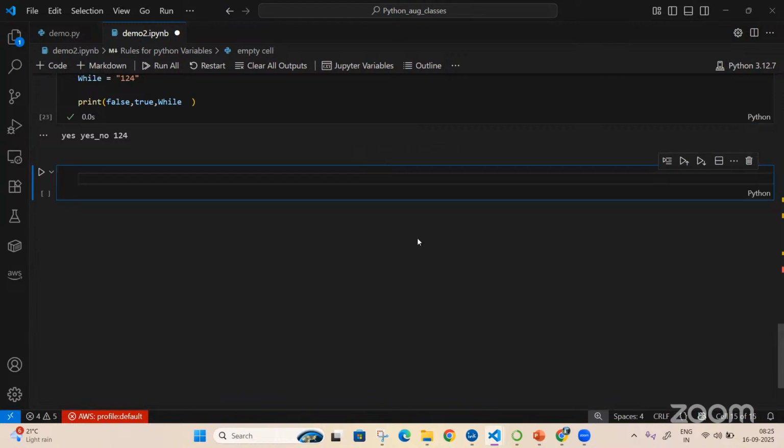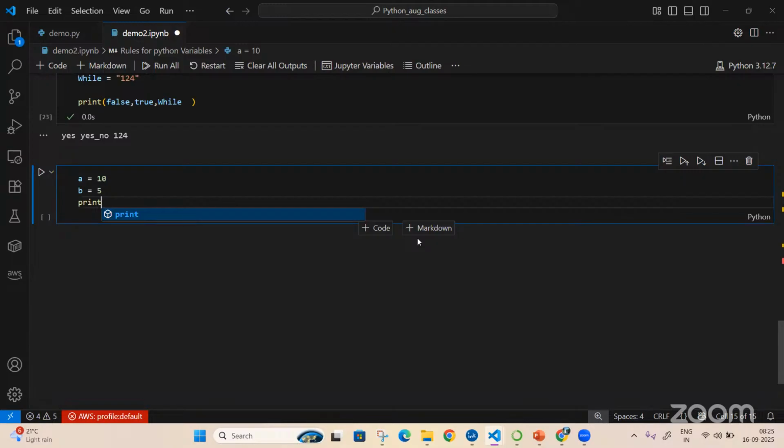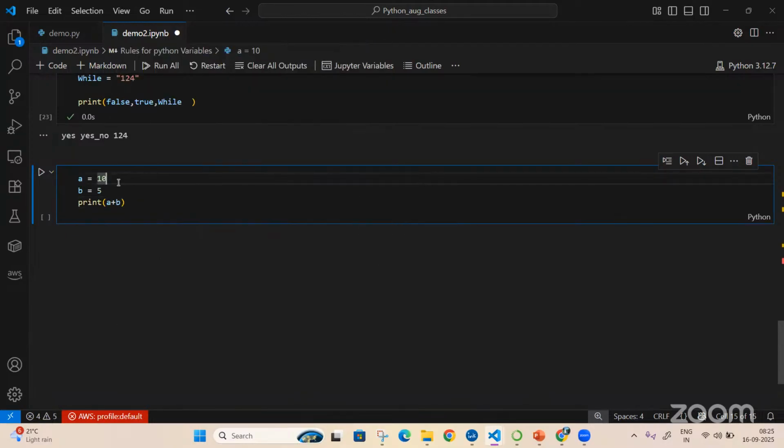Okay, fine. Now I'll come to one more topic. I will write A equal to 10, B equal to 5, print of A plus B. When I execute, the output is 15.